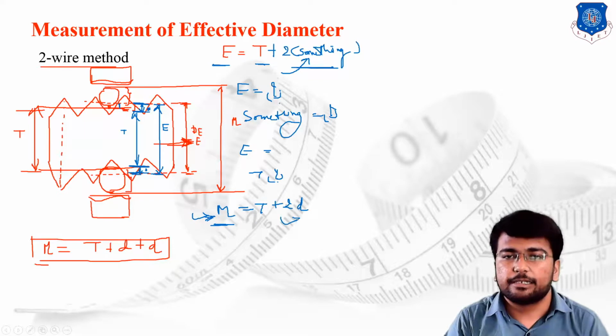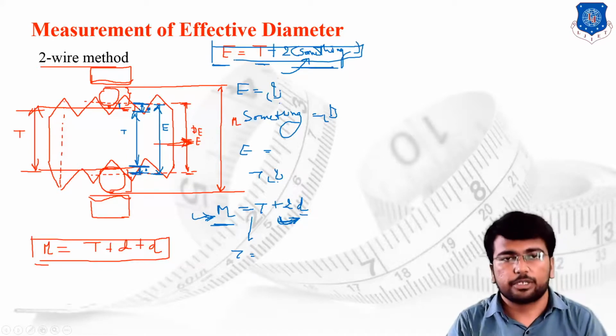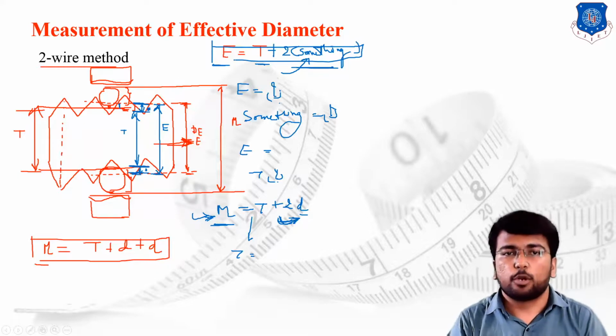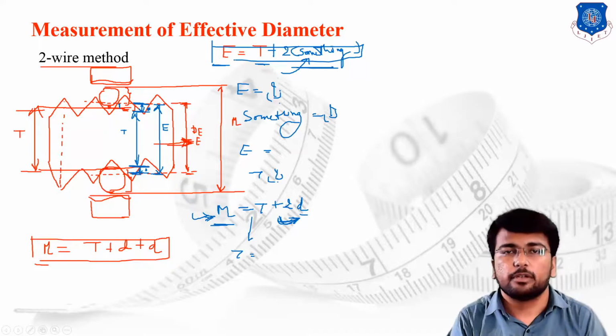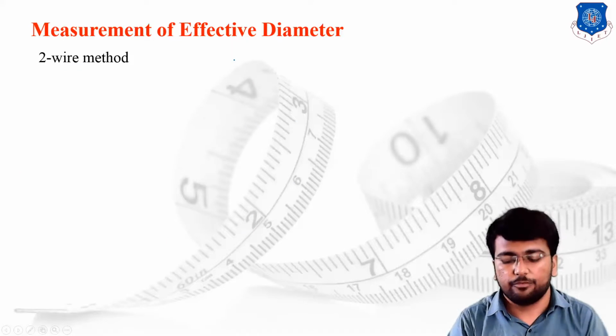2D, where D is the diameter of the wire. We know the diameter of the wire because we are choosing it, since we are attaching the wire by ourselves. So by putting in the values of D and M, I can find the value of T. Put T over here, put the something over here, and I can compute the value of E, the effective diameter of the given setup. I hope you have properly understood the concept, the core requirement of our derivation, what we are supposed to find.